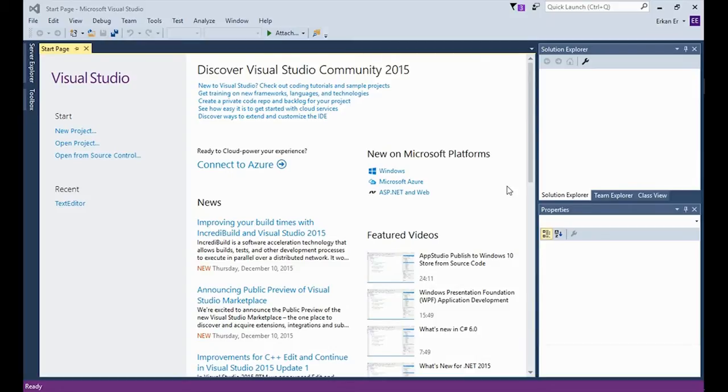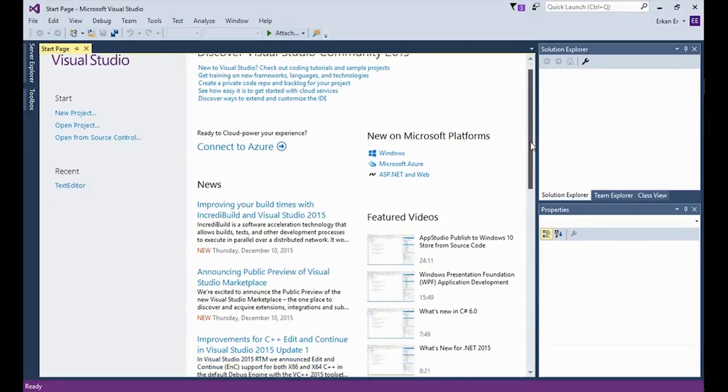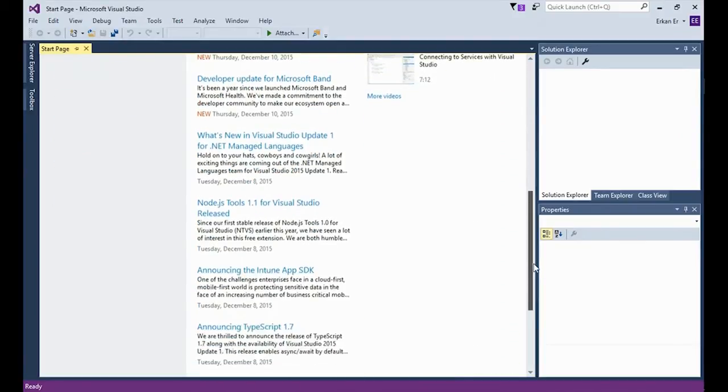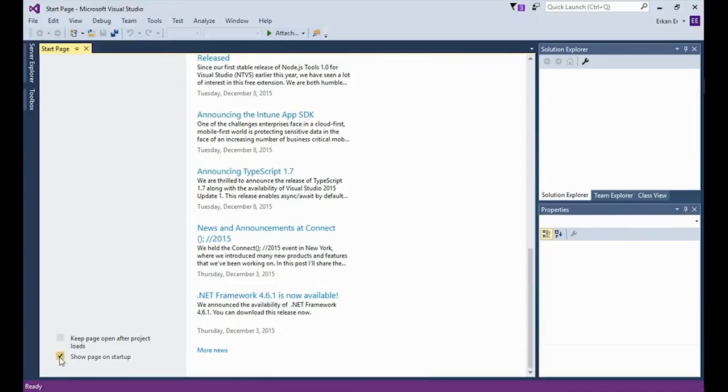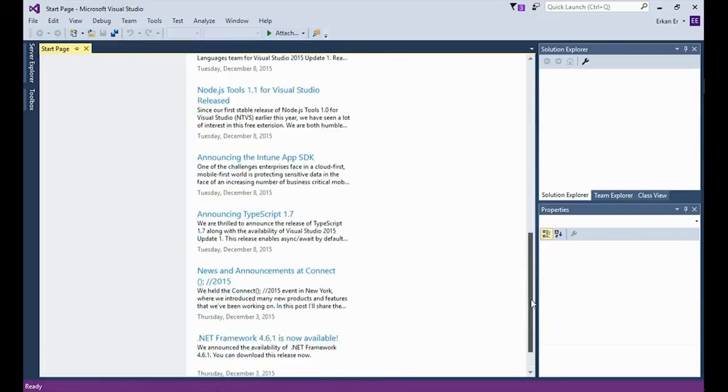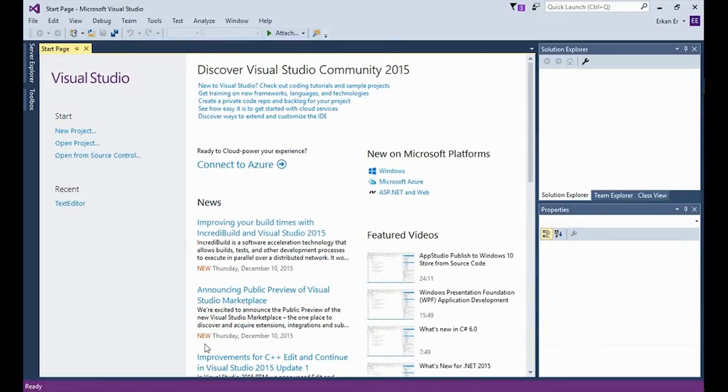When you open up Visual Studio, you will see the Start Page first. If you prefer, you can turn off this default behavior. To do that, you need to scroll down and uncheck the Show Page on Startup checkbox. I generally prefer to have the Start Page on startup, not only because it brings some news about .NET products and software updates, but also because it provides the New Project and Open Project shortcuts. Also, just under these shortcuts, there is a section which displays the projects you have worked on recently. This is a very convenient way to get back to work quickly.